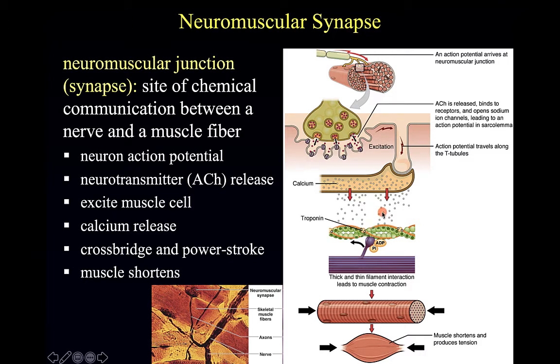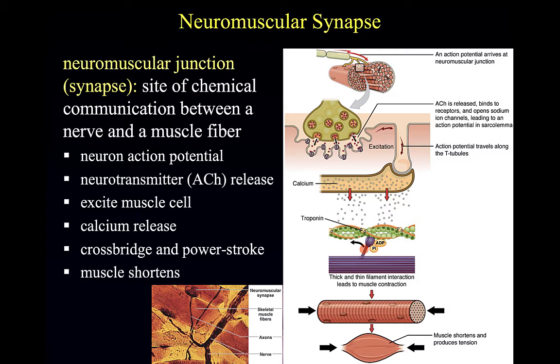So what's going to happen is the calcium is going to bind to this troponin, and it's going to be able to actually move these other proteins out of the way so that the myosin can bind to the actin, forming what we call a cross bridge. From there, we're going to use our ATP to change the shape of this myosin head to create what we call a power stroke, and that's going to cause the shortening of our